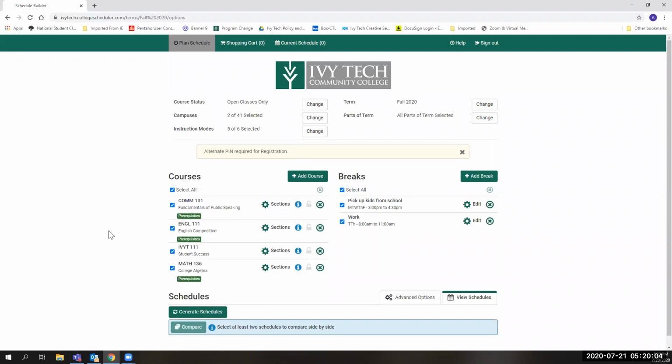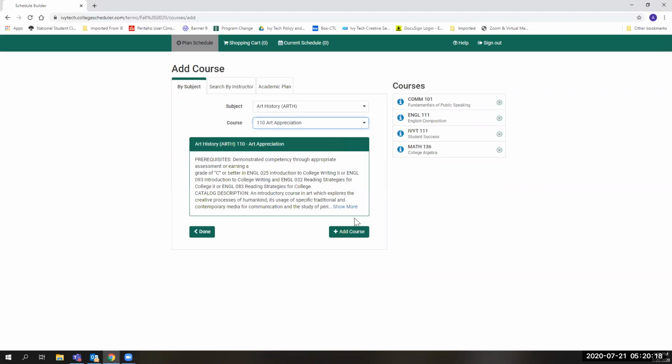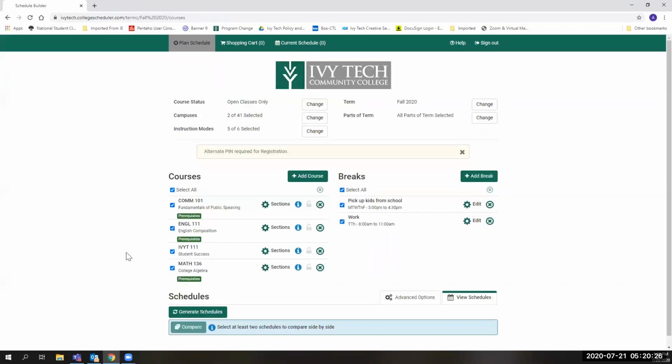If, however, you don't have a plan in place with an advisor or you wish to add some additional courses, you can click on the Add Course button and then select courses by subject and by course number and add them to your existing course list until you're complete, at which time you'll click on the Done button. You can also have the ability to add breaks, and a break is a time during which you do not want to have